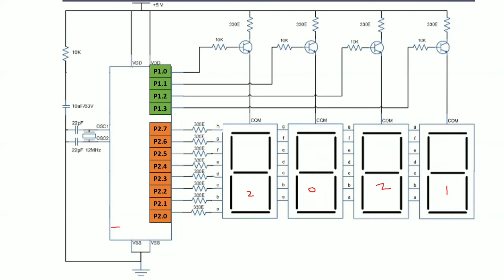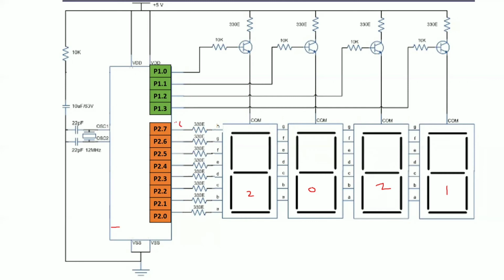Port 2 has 8 pins, and those 8 pins are connected to all the 7-segment display pins, which means each and every segment display pin is shorted together, and that is given to your port.